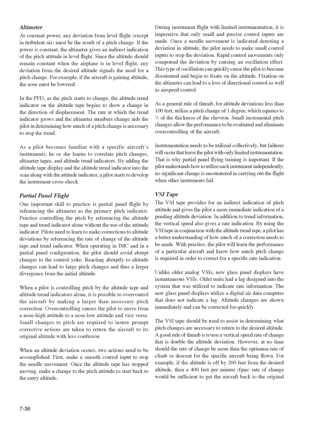The VSI tape should be used to assist in determining what pitch changes are necessary to return to the desired altitude. A good rule of thumb is to use a vertical speed rate of change that is double the altitude deviation. However, at no time should the rate of change be more than the optimum rate of climb or descent for the specific aircraft being flown. For example, if the altitude is off by 200 feet from the desired altitude, then a 400 feet per minute (FPM) rate of change would be sufficient to get the aircraft back to the original